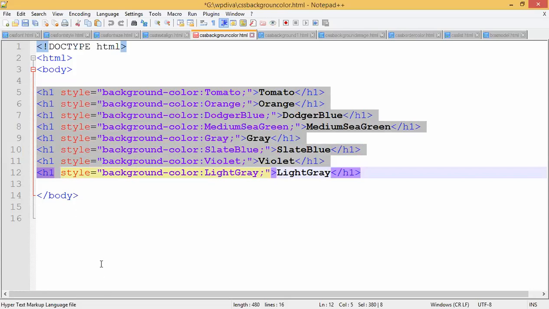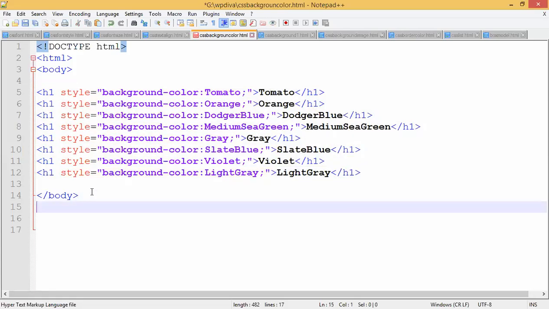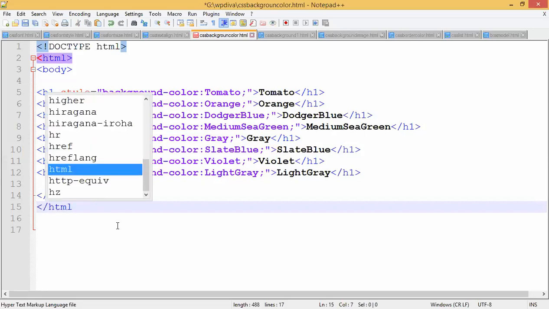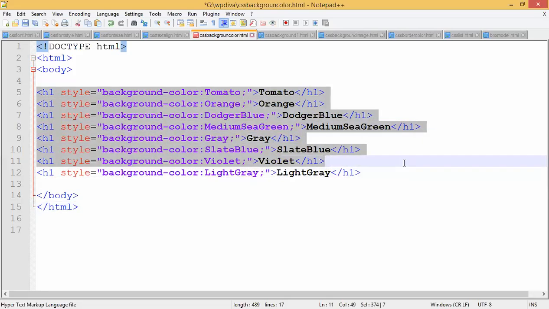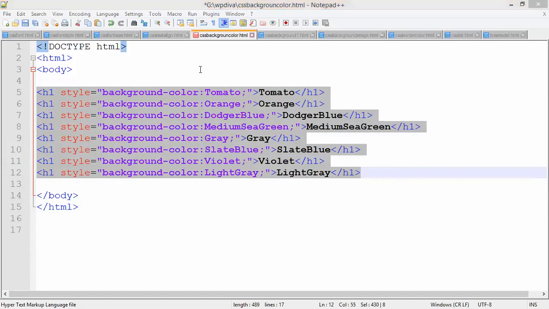It is internal CSS, isn't it? Because I am writing that, okay, within what, guys? I am writing the code within the body, right? So this is not exactly an internal also. This is called as an inline CSS. Why is it called inline CSS? Who will tell me? It is inline CSS. Can you see what is inline? Where I want the style, I will apply the property. H1. Yes. Yes, tell me.